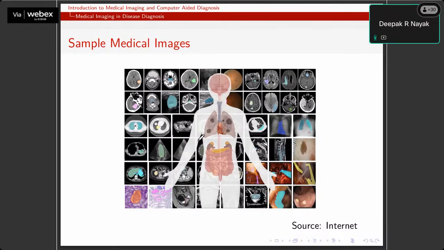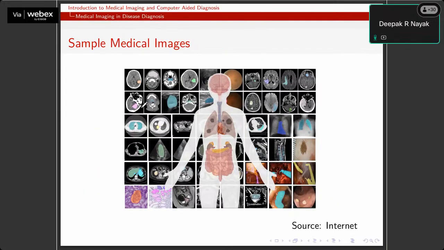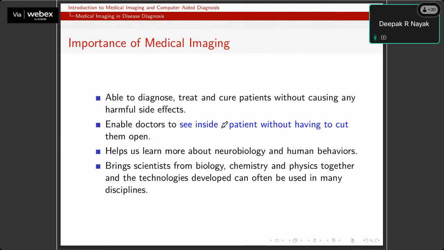So that doctors can see inside a patient, or see the interior of a human body without cutting the human. That's not the only benefit which we have, right? Doctors can also see important things which are not visible to the human eye, like the molecular structures, which are not visible to the doctors even after opening the whole body. There are some things which are not visible to the human eye, right?